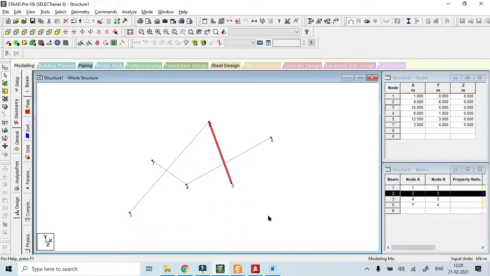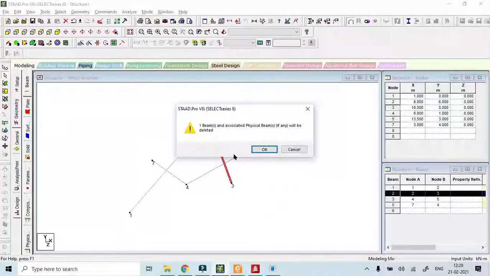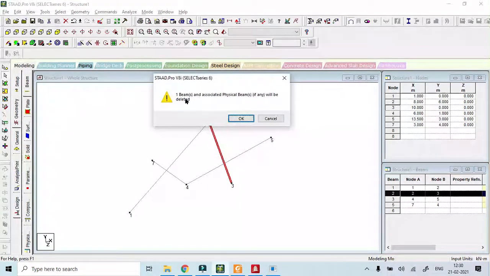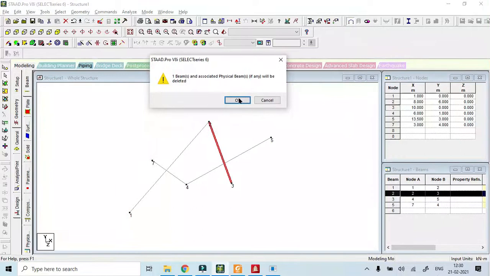Okay, so then I delete. I'm not deleting the node, I'm deleting the beam here. So I click delete. It'll ask here: one beam and associated physical beam, if any, will be deleted. Physical beam, we'll discuss what physical beam is later. So as such, when I click OK, this beam